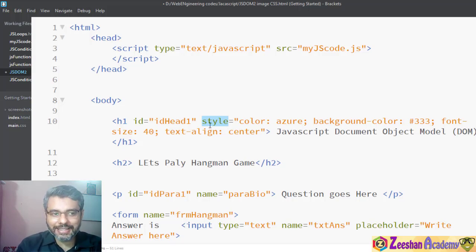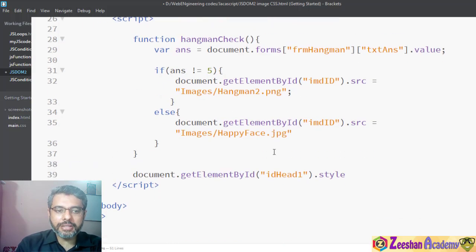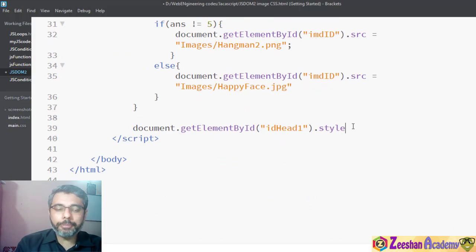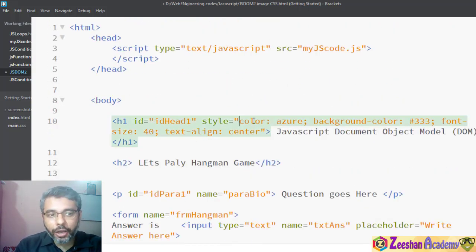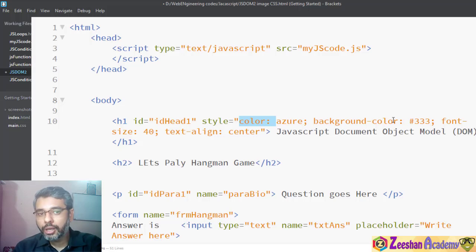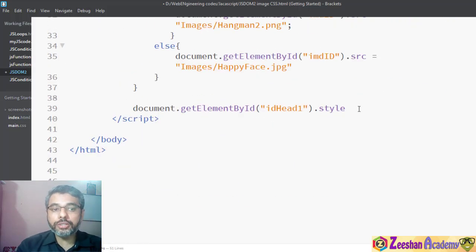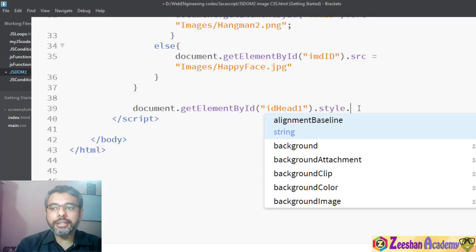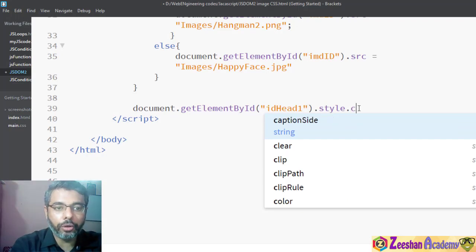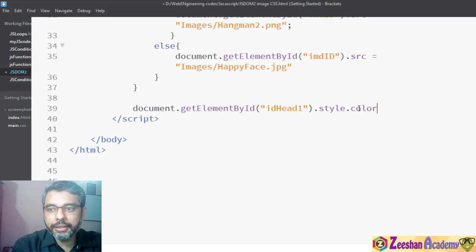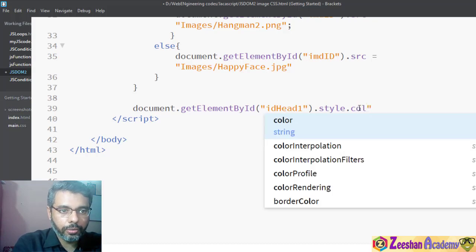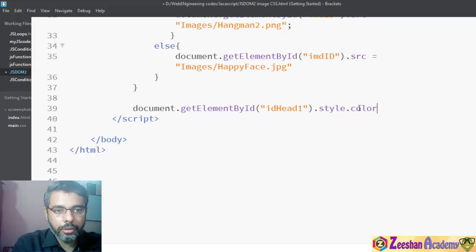Okay, so we are accessing this style. We access it by simply typing the style attribute. But because this style now contains various different property values based on CSS rules, we use another dot here, and this time we change the attribute of it. So for example, color, and then that color equals, for example, blue. So color equals inverted quotations, and I write blue here, semicolon.